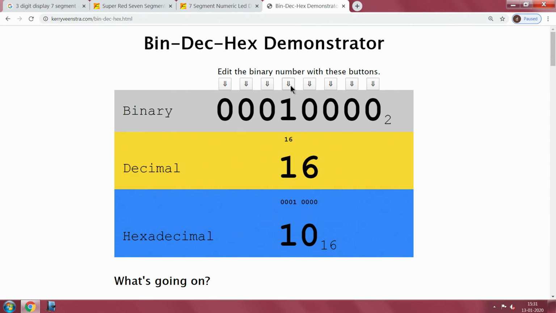Now, two things are there. Let us say now I want to make 17. I just need to enable the last digit, and you see what has happened here, 16 plus 1 has appeared here. And let us say I need to show 15. I need to remove all these things, and you see the way these things have changed at the bottom. Nothing, it is just that somebody is clever enough to make a beautiful flash program, which I have found useful. So, anybody who is interested in this can have a look at it.